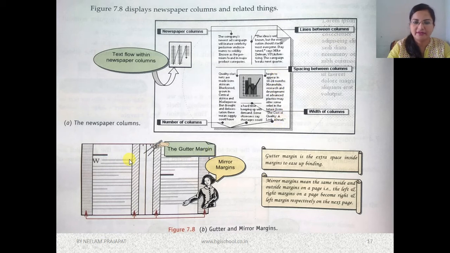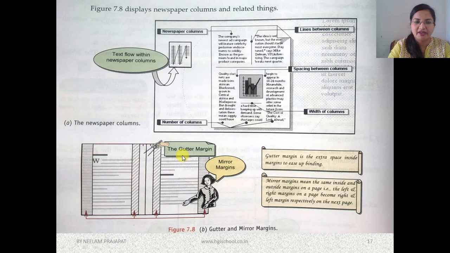Now here, this is gutter margin. Here you can see when there is a space near the margin, okay. Sometimes you might have seen in notebooks, in notebooks, this much margin can be like binded. So we need gutter margin over here. So this is gutter margin apart from margin, okay.